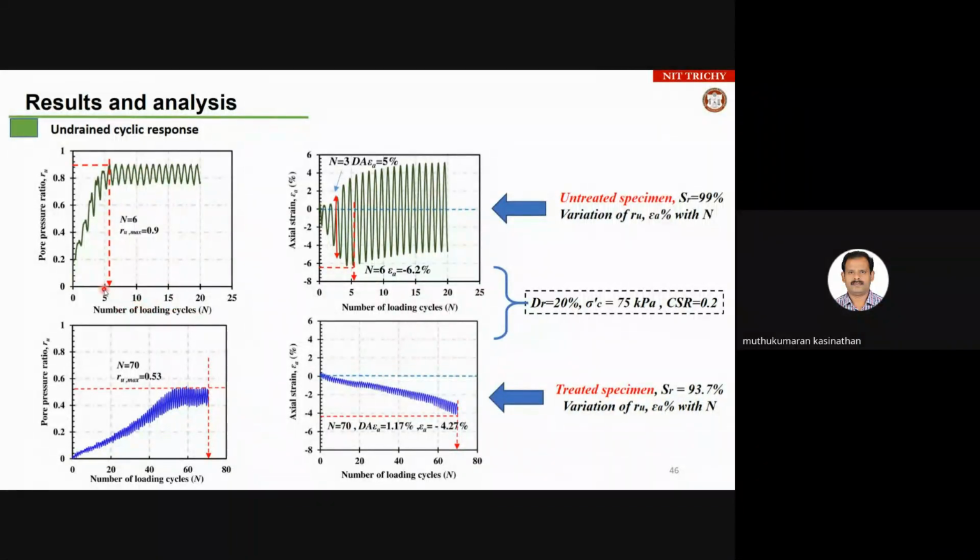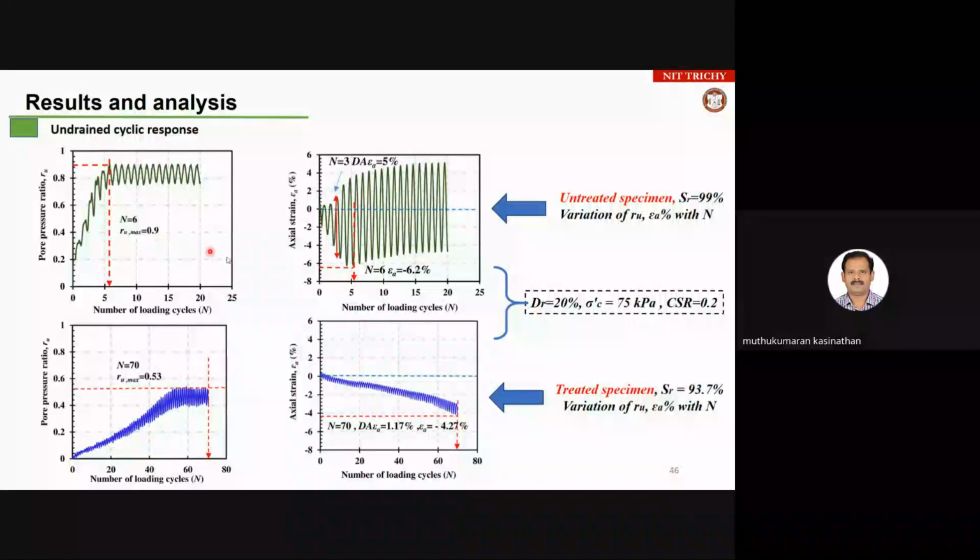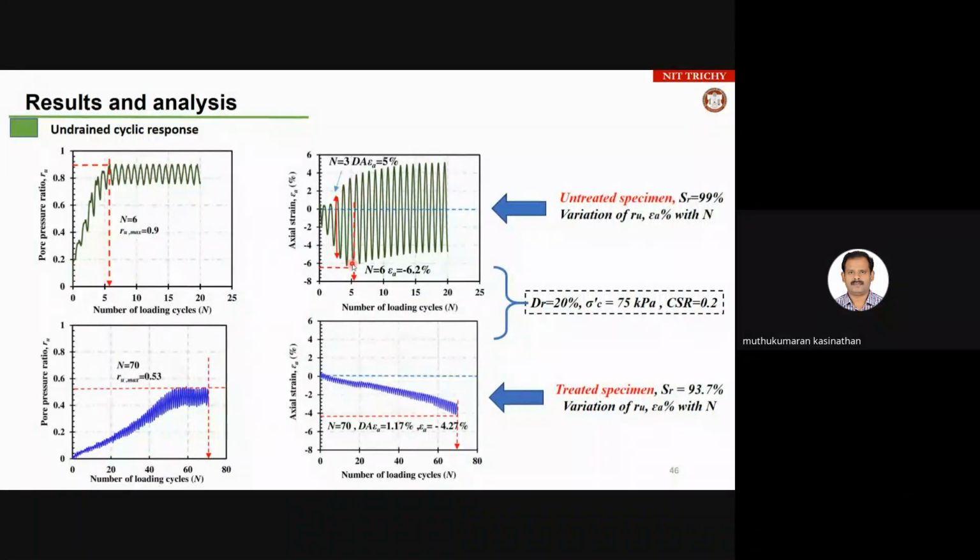So 5, 6 and all, it's nothing, even if that happened within 2 seconds, when you're talking about the magnitude of earthquake concern. So 20% relative density soil is more prone to liquefaction. Even having a small number of 6 cycles, we are expecting this. The same soil, when it's being treated, what you are looking at the bottom, the development of pore pressure